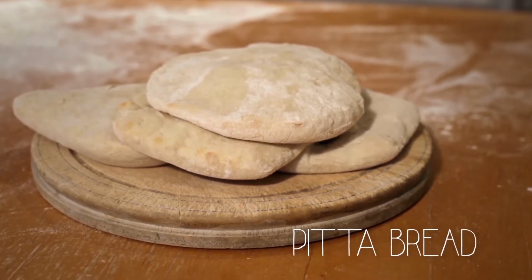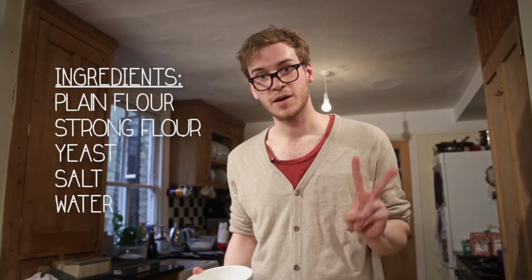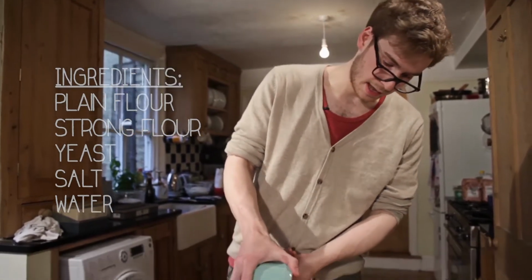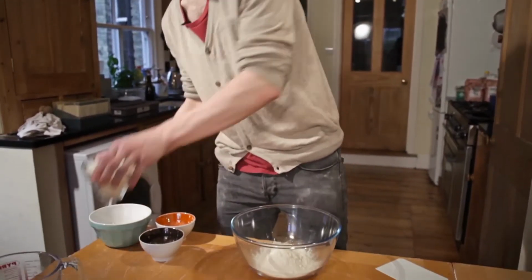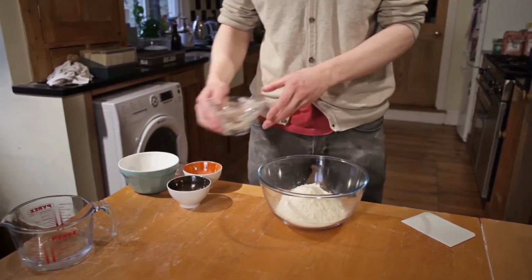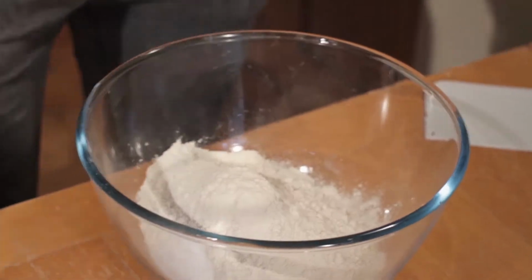My recipe for pitas uses two types of flour, plain flour and strong flour. And you could use all strong, you could use all plain. I think the combination of the two works particularly well. It gives a good level of puff in the oven. Salt and the yeast on opposite sides